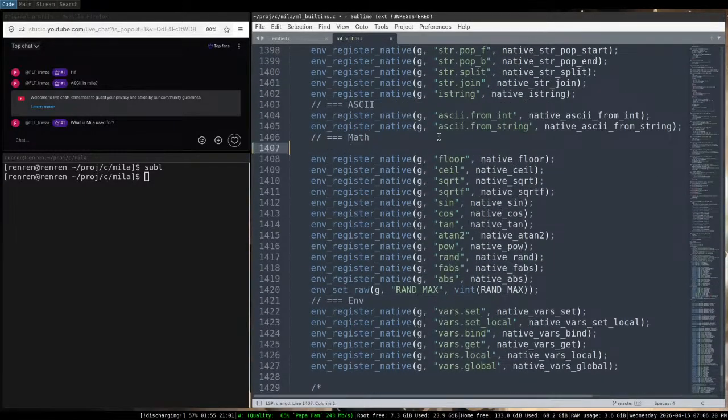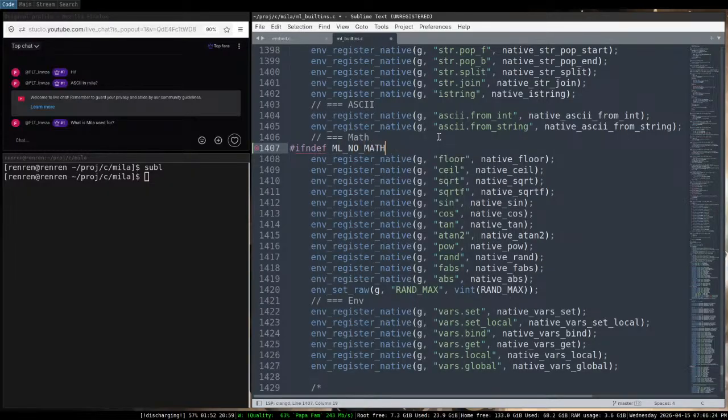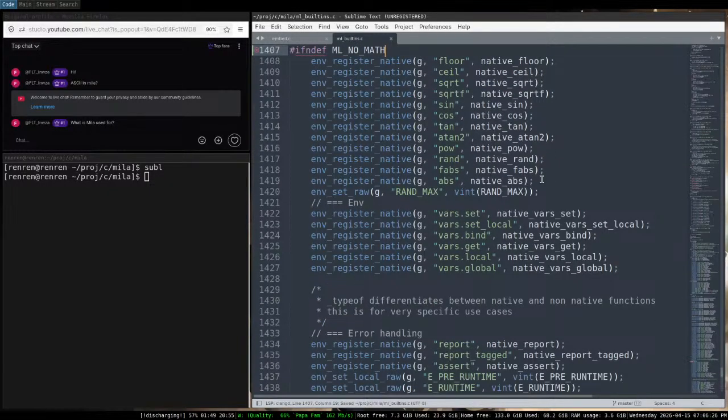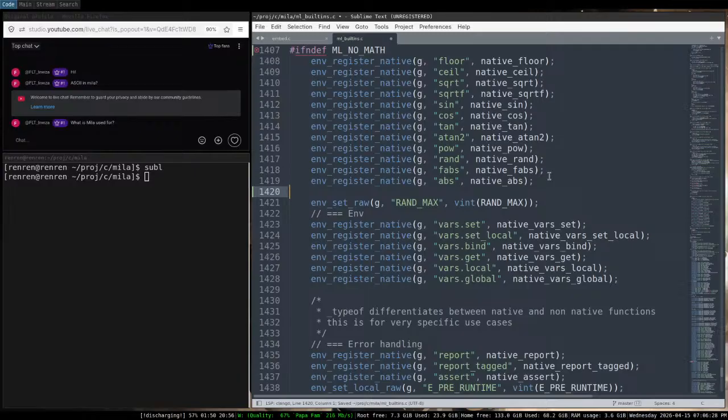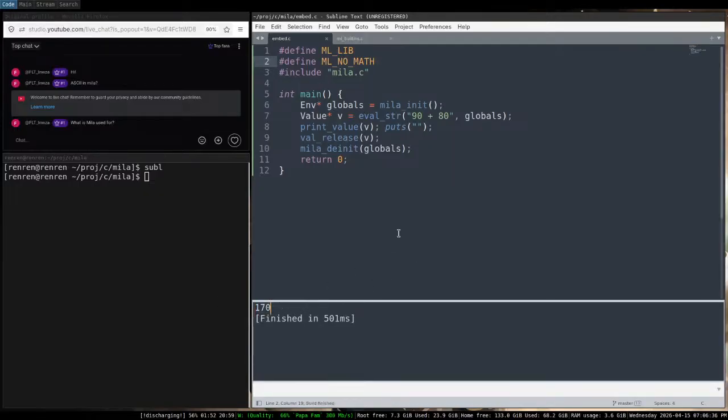There it is. If not defined, ML no math. And if so, do that, and now this should build. There it is. We can use Myla